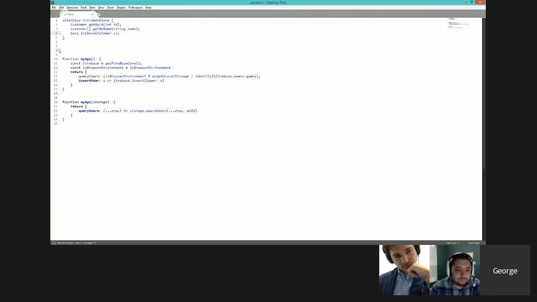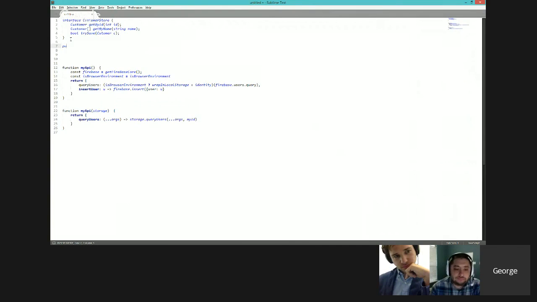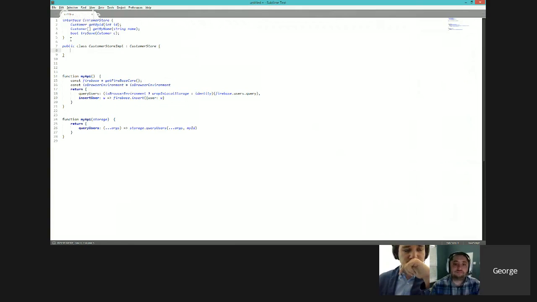And then you would have a public class, customer store implementation, which implements the customer store. And so this pattern, I believe where it was first proposed, was in